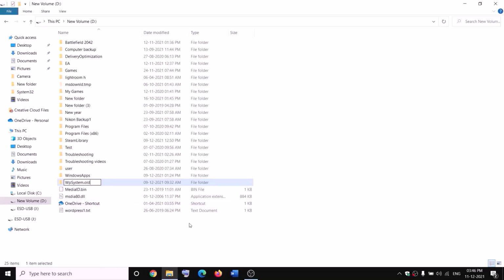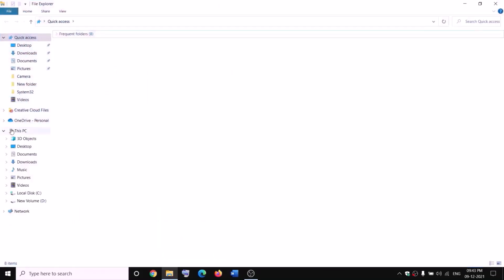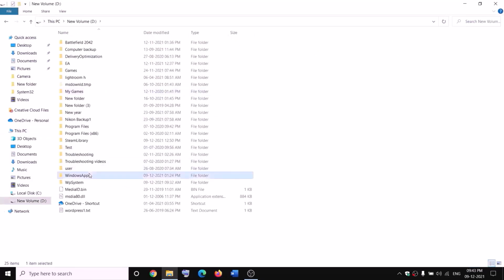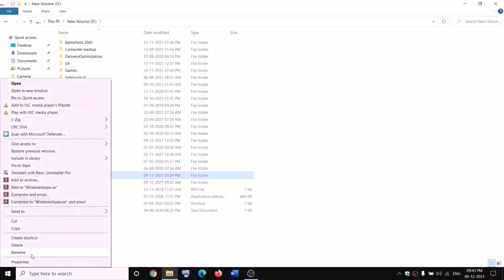Now, if you still face the problem, in that case you can go ahead and restart your computer and then try to rename it once again. Open File Explorer and then go to This PC, open D drive, then make a right click on Windows apps and then rename it. Now before you rename, you have to take the ownership. Make a right click, then click on